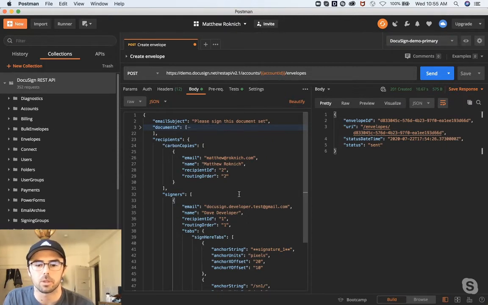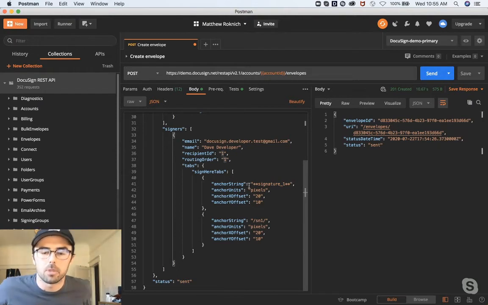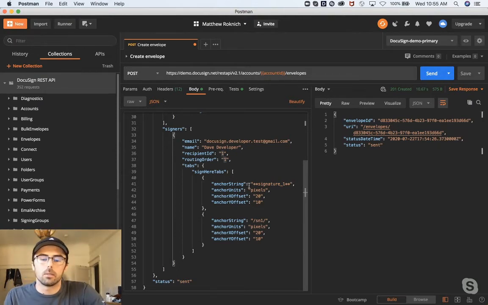Say, for example, you want to have your tab located differently. You can modify that here. You want to change the routing order, so you want one person to receive an email before the other. You can change the routing order here. This is a really handy way of fiddling with our API, just the raw API, if you want to do it that way. So that is the extent of what I was hoping to cover today.